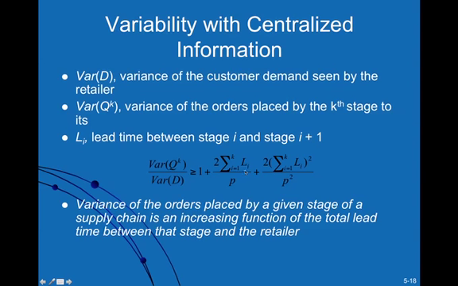If we had, for example, the distributor stage, then the lead time here would just include the lead time to the retailer. But if you had the wholesaler stage, then this value would include the lead time between the wholesaler and the distributor, the lead time between the distributor and the retailer, and the lead time between the retailer and